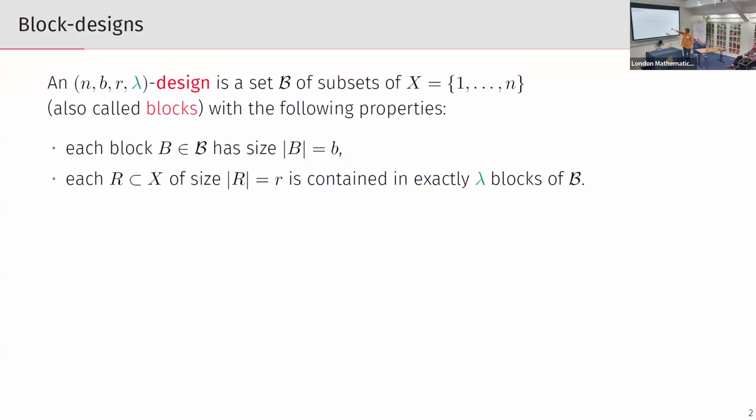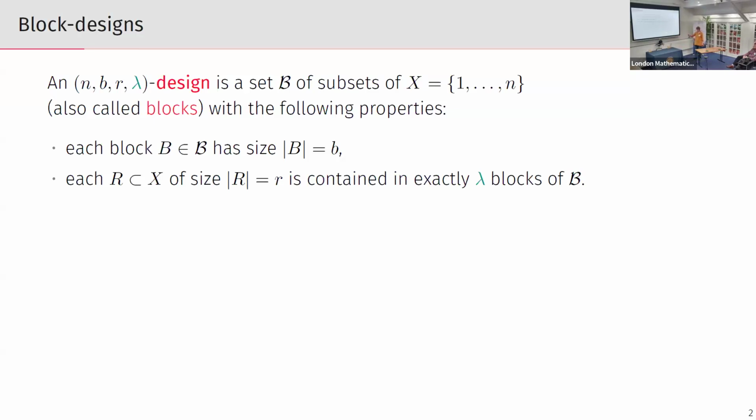So now whenever I take a subset of my ground set of size r, and you should think of r as being smaller than the block size, then this subset is contained in exactly lambda blocks of my block design. Yeah, so this is a design that somehow comes from the theory of how we should design some experiments